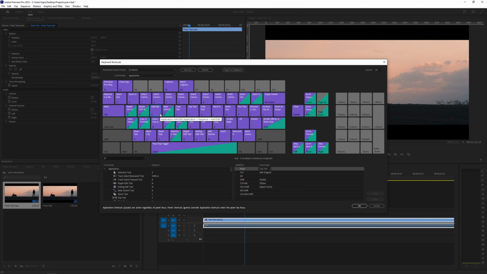So basically how to set custom keyboard shortcut, you can see the add edit action assigned to this button. So what we are going to do is we're going to search for add edit, and you can see E and Control K, and Control K are the default keyboard shortcut for this section, but like I don't want to reach through the entire keyboard and press Control K. That is why I assigned it to E, and it's more natural because my hand is resting somewhere here and it is closer to Q and W. So it makes sense to assign E to make a cut.